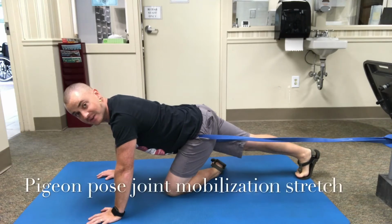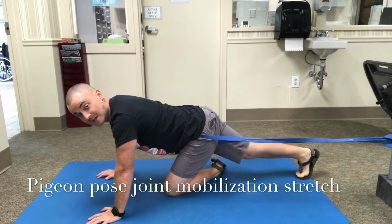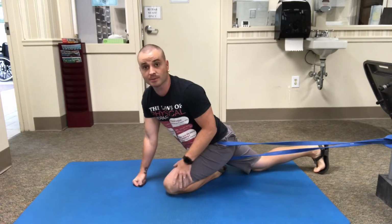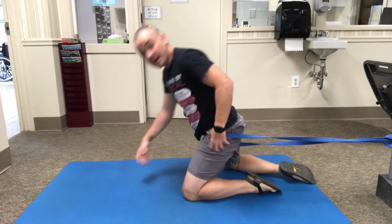I'm James O'Brien, and this is the Pigeon Pose joint mobilization stretch. All right, so this exercise is essentially the pigeon pose stretch, but using a mobility band to get that joint mobilization component to it. All right, so what you'll do is you'll start with the mobility band placed right up